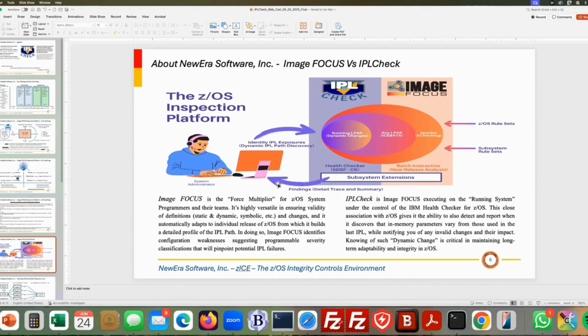Those need to be hardened back into the actual configuration in order to make certain that in the event of an IPL, expected or not, that next IPL will actually bring back the system that was quiesced. So it's important to understand that IPLCheck is image focus, a force multiplier running directly under the IBM Health Checker